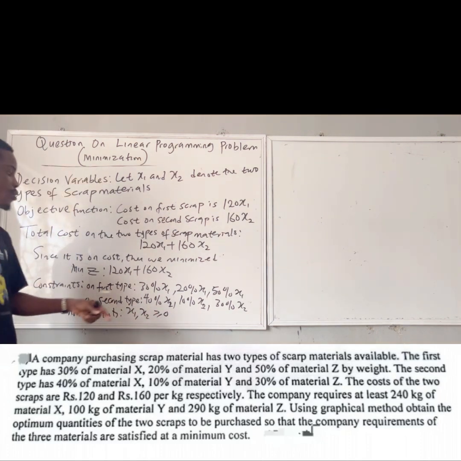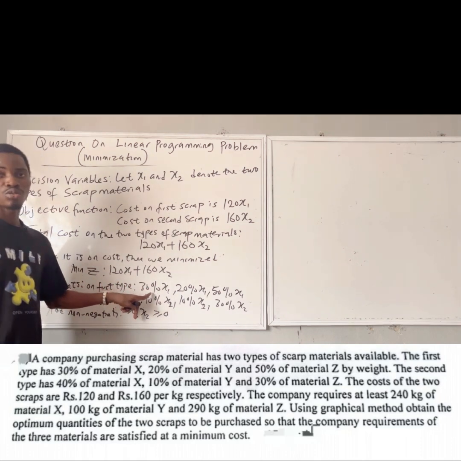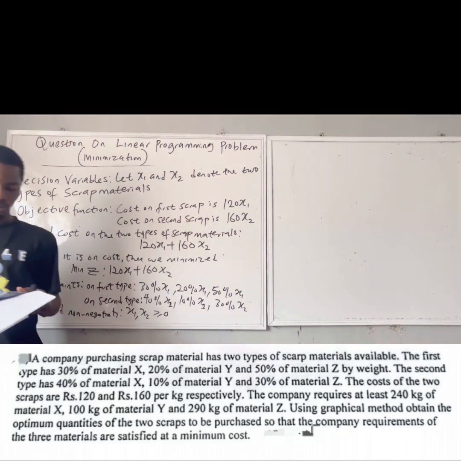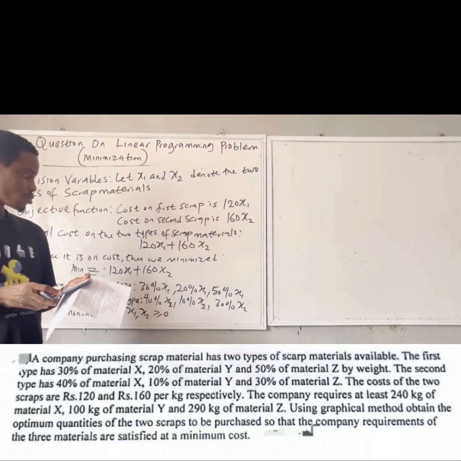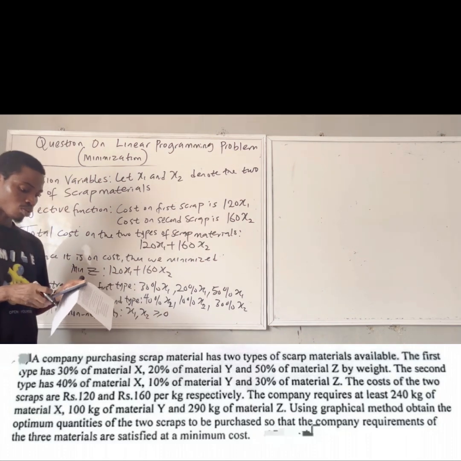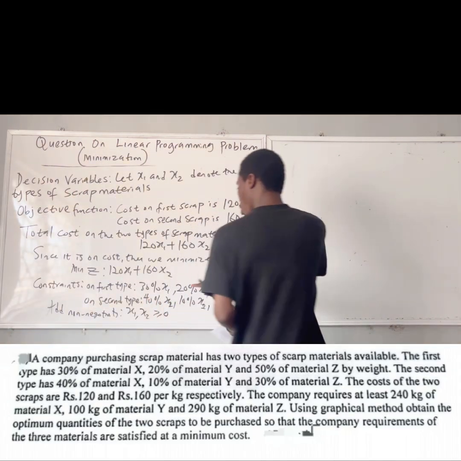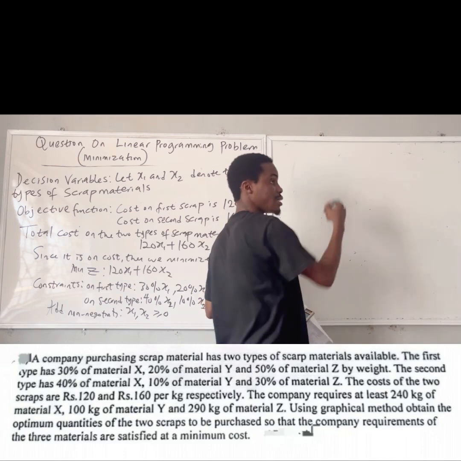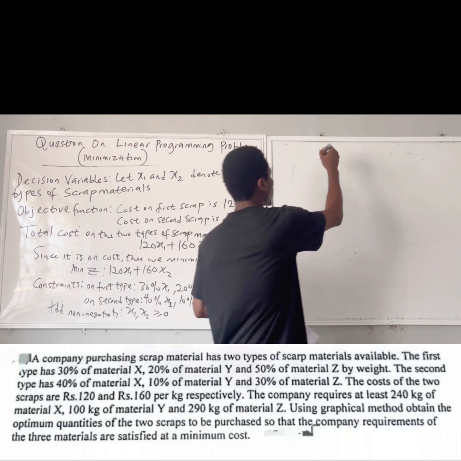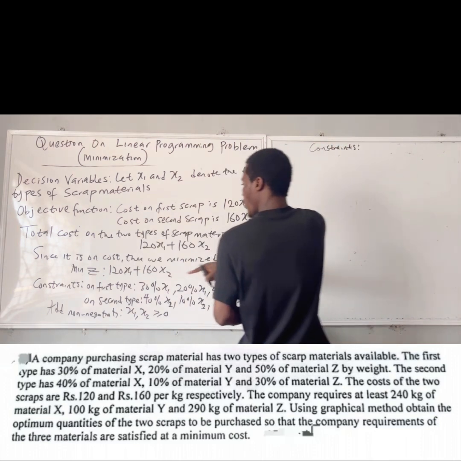Remember, when we are formulating, it must not be in percentage, so we have to convert to decimals. Our 30% on the first type is 30 divided by 100, so the constraint on the first type will now be 0.3. So on the constraint, I'm going to have 0.3